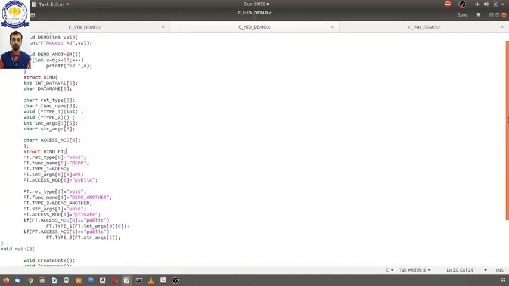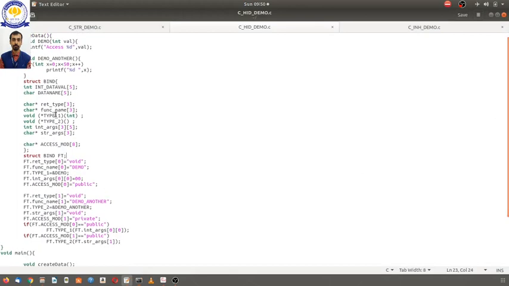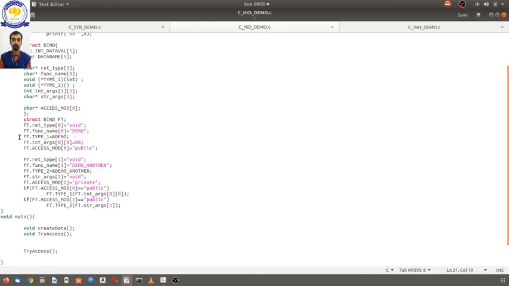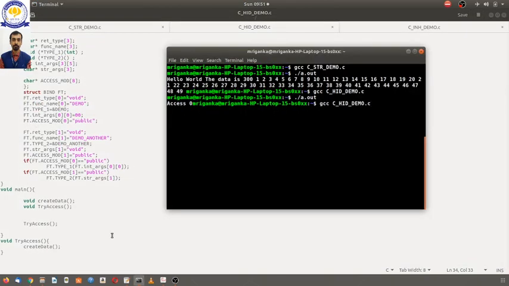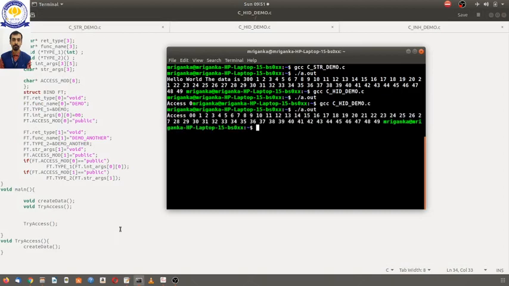The reason is this particular access modifier. Let us make this access modifier public. You understand the meaning of public and the meaning of private. Private means something which is not allowed to be accessed from outside, or global access. Now we have made this public. Let us compile the program again and run it. Now we get an output of this program.